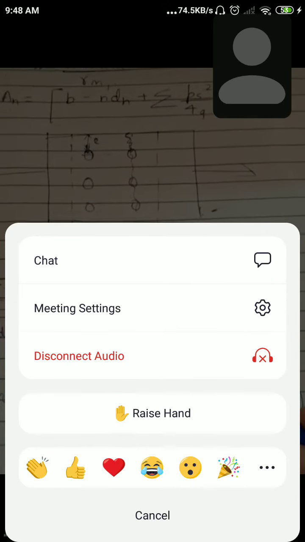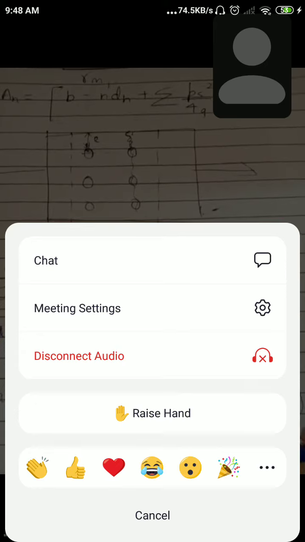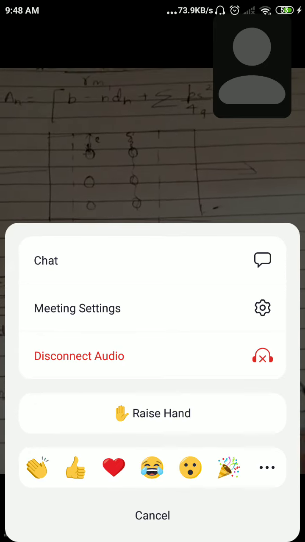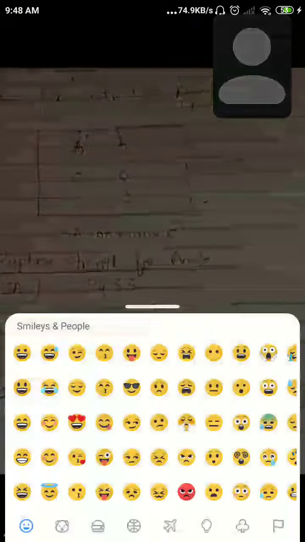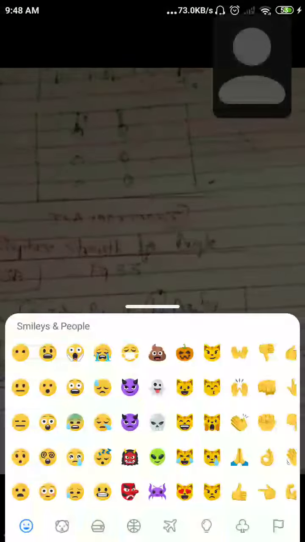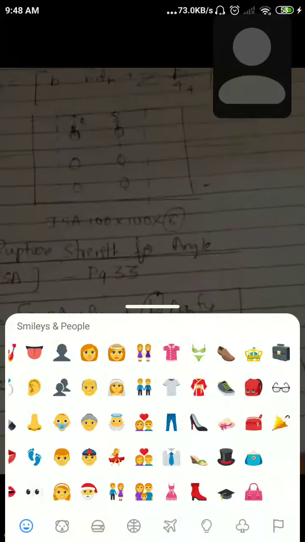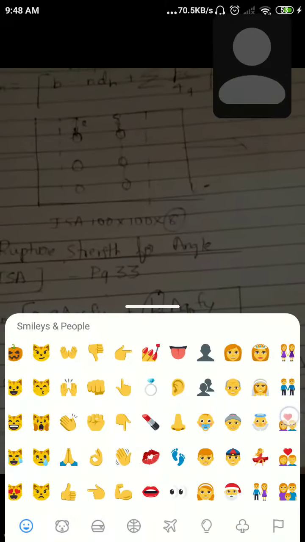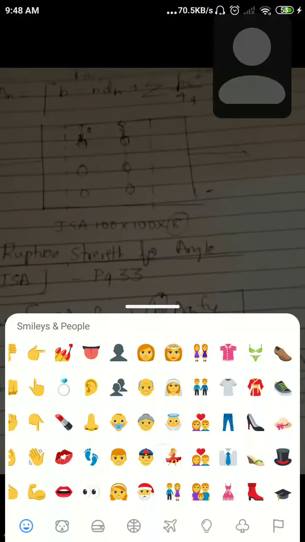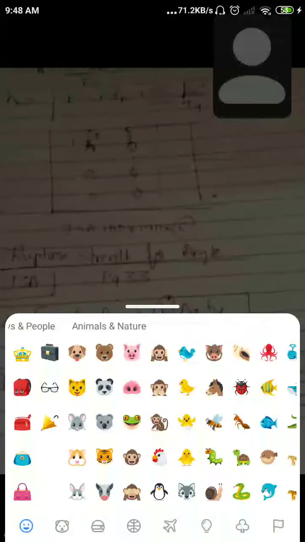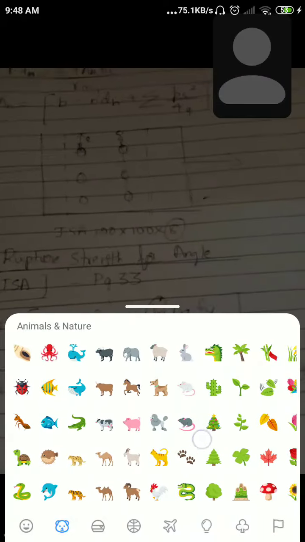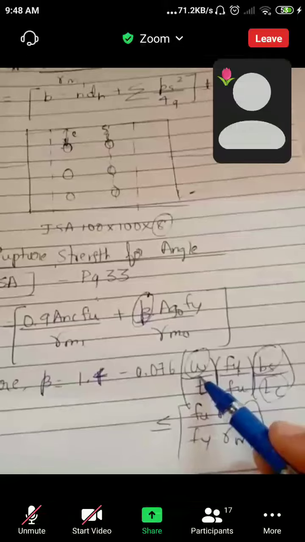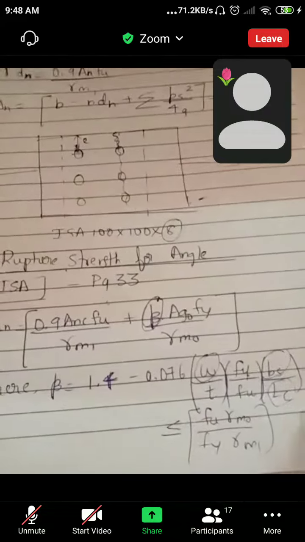So for Fe 410, fy will be 250 and fu will be 410 Newton per mm square. We do not know what bs is, I'll tell you what that is. Also, we do not know what lc is. Then this beta should be less than fu. We know fu, gamma m0, fy and gamma m1. All gamma values, please remember, are taken from table number 5, page number 30 of your IS 800. So there are three things we don't know: w, bs and lc. I'll tell you what they are now.